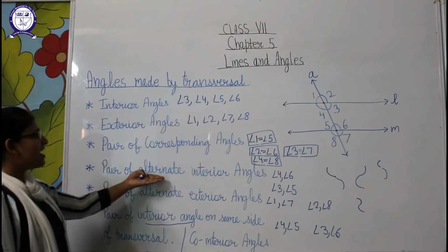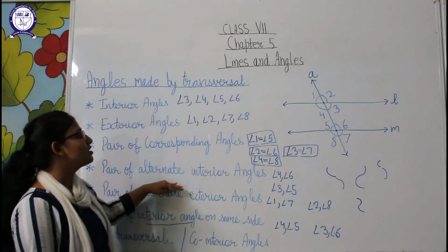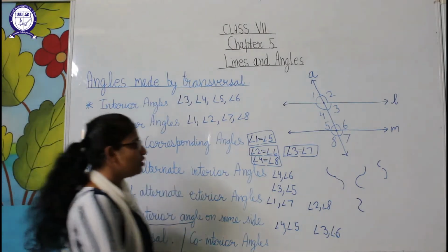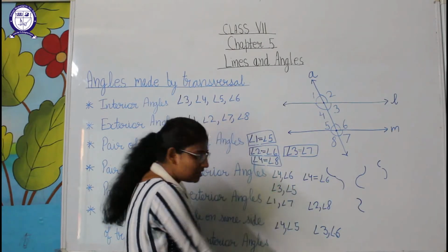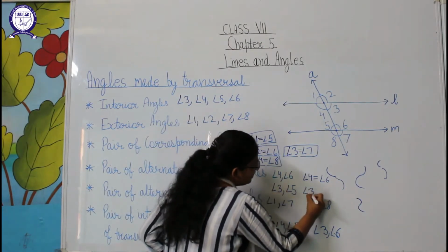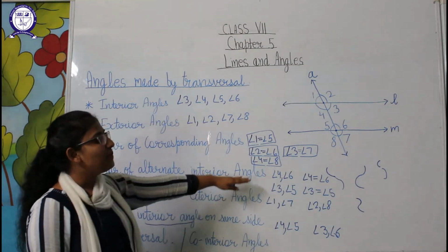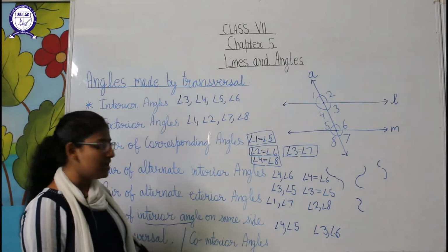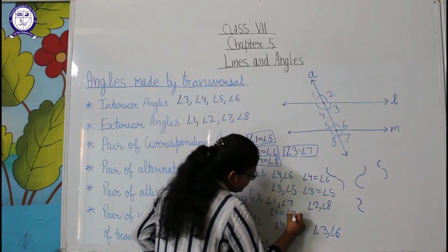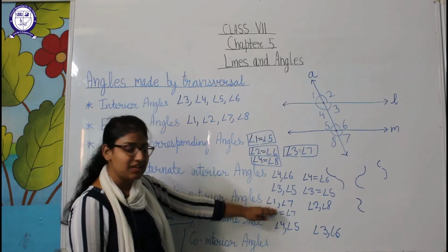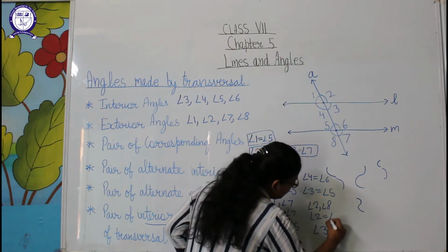Okay, our next pair was alternate interior angles. So in the case of parallel lines, alternate angles are also equal. So here angle 4 will be equal to angle 6, because this is the pair for alternate interior. Angle 3 will be equal to angle 5, because this was also a pair for alternate interior. So in the case of parallel lines, these types of angles will be equal. Now for exterior, angle 1 will be equal to angle 7, because this is the pair for alternate exterior. So these two will be equal. Also angle 2 will be equal to angle 8.